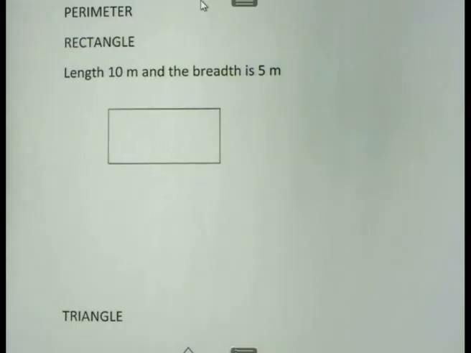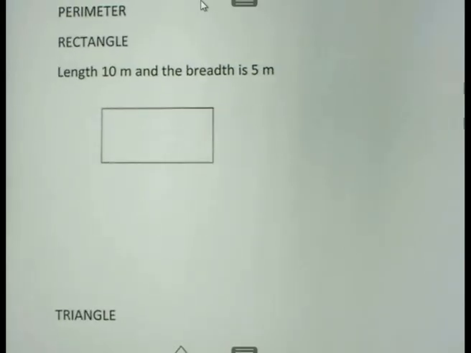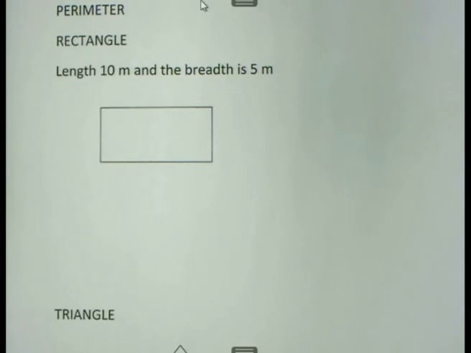Okay, let us start with the rectangle. You will always be given the formula when you have to calculate the perimeter of a figure. So you don't have to memorize the formula. It is just important for you to know how to work with them. Always work with the formula as it is given on the papers. Let us quickly look at a rectangle example. Say for instance we are working with a rectangle of length 10 meter and breadth 5 meter.